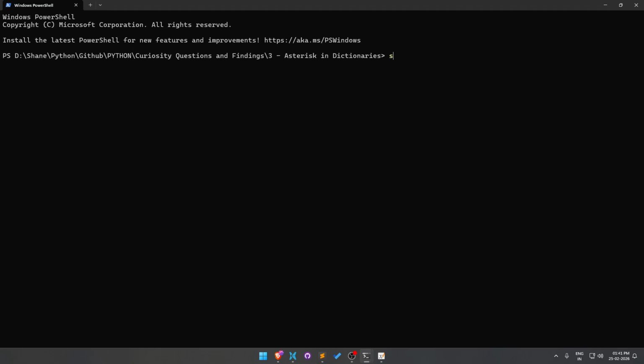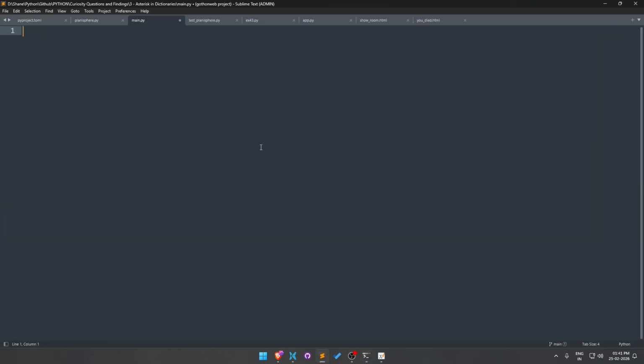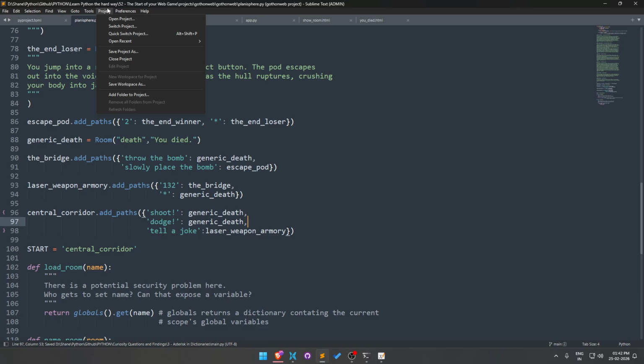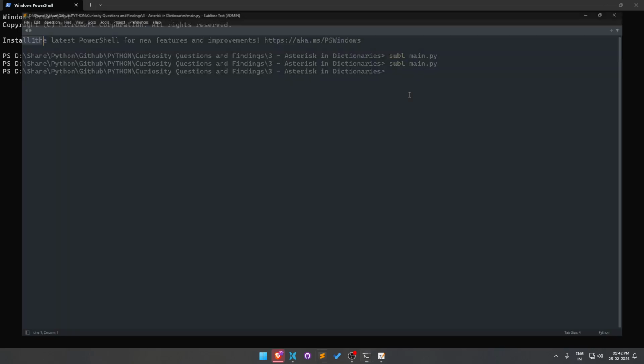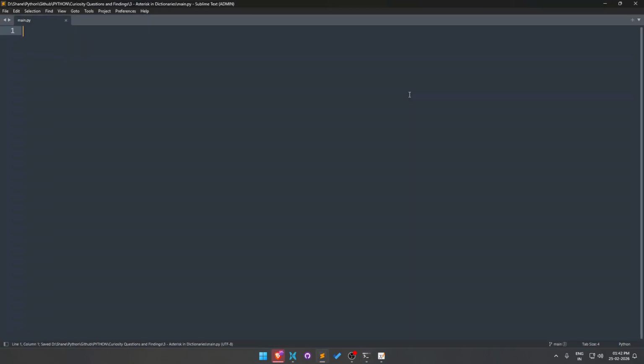Okay, so let's create. I think the asterisk works like a default case. Works like a default case in